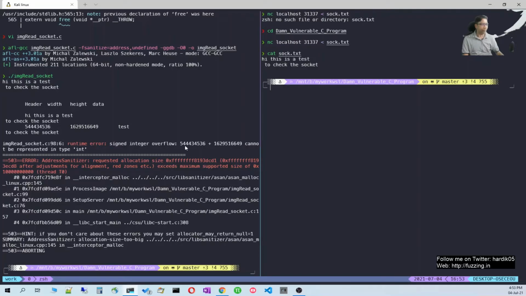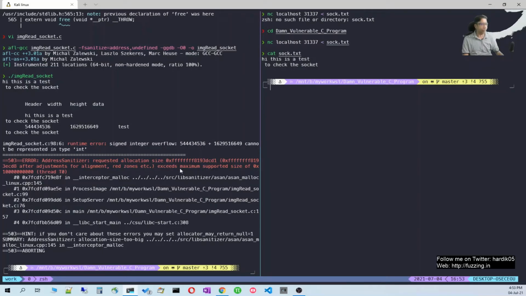Since we are converting characters to integers, it will not be able to store it inside an integer variable, which I think is a signed integer, and it will try to allocate the memory. But since we have compiled our program with address sanitizer, it will crash, because it will not allow allocating this much memory. That's why our program is crashing over here.